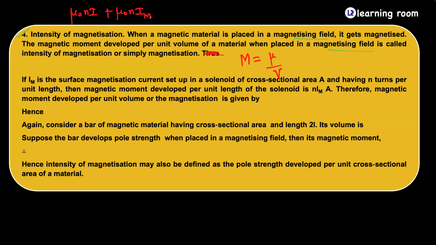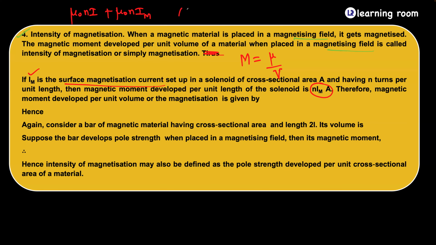On the magnetic substance. So now what I am saying is, if IM is the surface magnetization current set up in the solenoid of cross-sectional area A and having n turns per unit length, then the magnetic dipole moment that is developed per unit length in the core of the solenoid is going to be small n into IM into A. Right? It is going to be small n into IM into A. So,